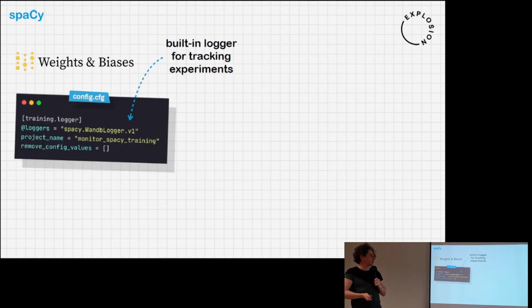So here's an example of the Weights & Biases integration. You can write in your config file, instead of using the console logger, it will log to the Weights & Biases service. You could do the same thing for, I don't know, a different TensorBoard or a different MLflow or something that you wanted to do. The API for this in Python is pretty simple, and then you end up with just the config syntax, which Ines mentioned before. And then the output of this is you're able to go to the Weights & Biases page and see all of the graphs and things to track your experiment runs.